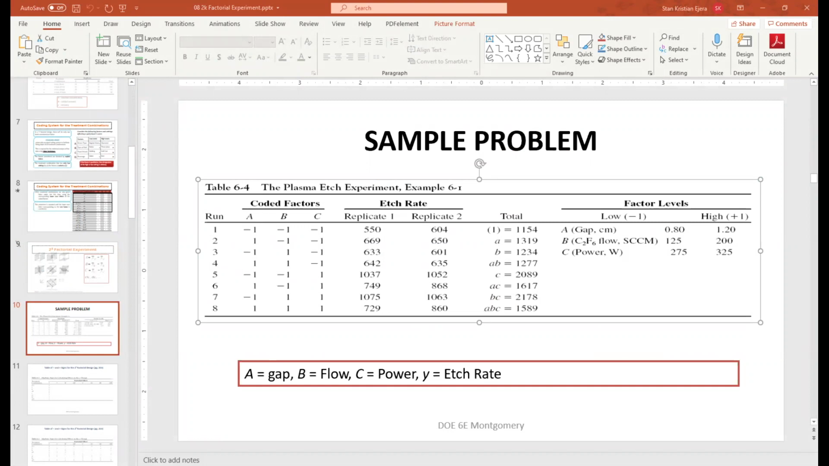Tapos, meron tayong 2 replicates. So, we have 550, 604, and just inform me kung may mali ako na type. 650, 633, 601, 642, 635,